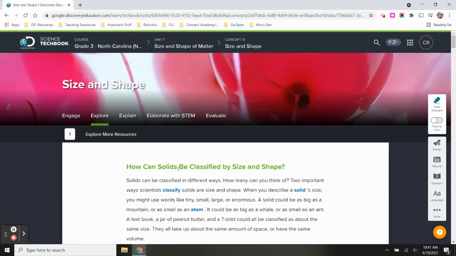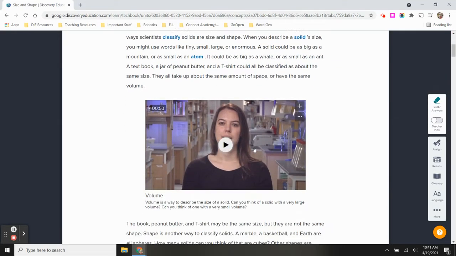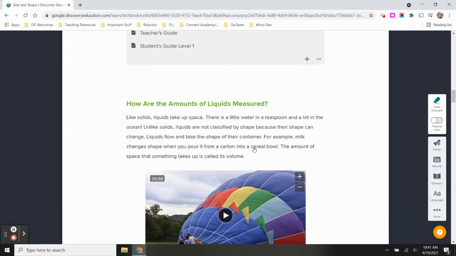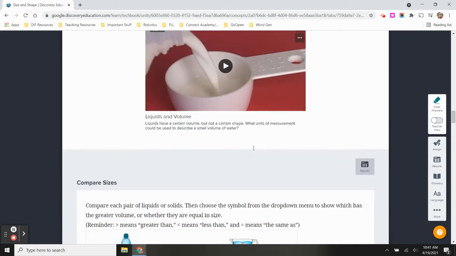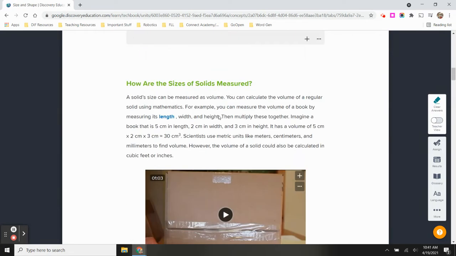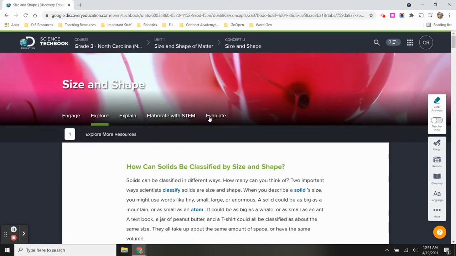As your students are going through the science textbook, you'll see that there are a few different places where they're going to be asked some questions. And these are kind of quick formative assessments, just quick check for understanding type questions here. But for each of these concepts within the textbook, you'll notice that there's also an evaluate tab that has